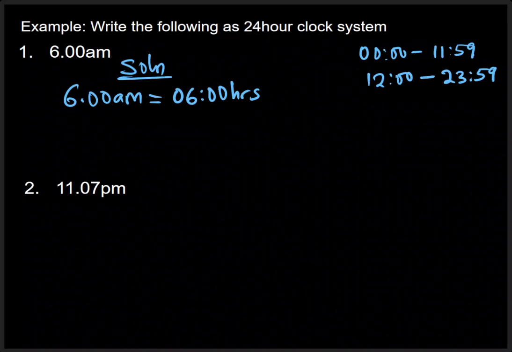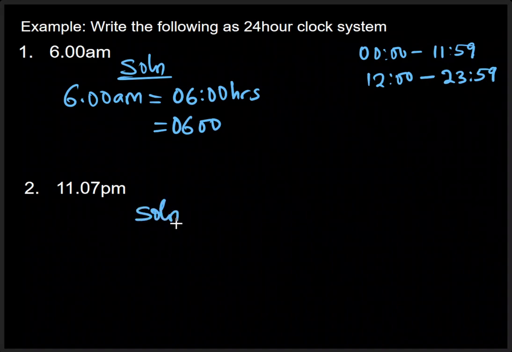0600 hours. Or you can, some may not put the colon, some may not even put the hours. So if you see 0600, because in examination you may just see it this way, no hours, no colon, that's still 24-hour clock. All right, so the next one is